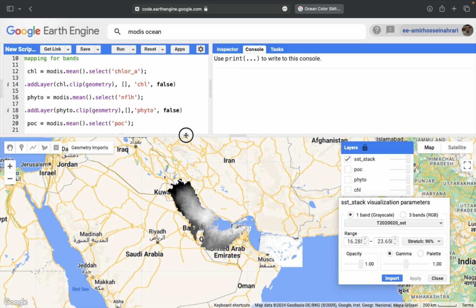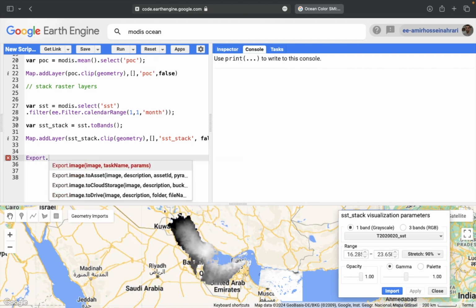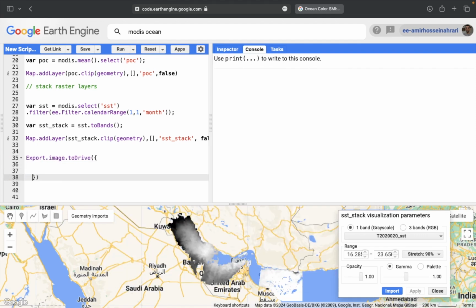So imagine that now you make this stack layer and you want to download it. Type Export.image.toDrive. The first argument, image, equals the SST, sea surface temperature, that is stacked, and clip it based on the region of interest. The next argument, description, equals the output file name,